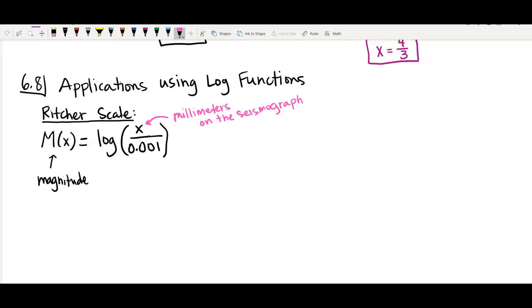Did I spell it right? That looks weird. Seismograph. I think it's right. Okay, so how long are those little things there? All right, and